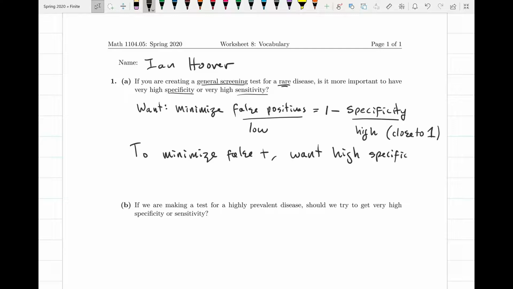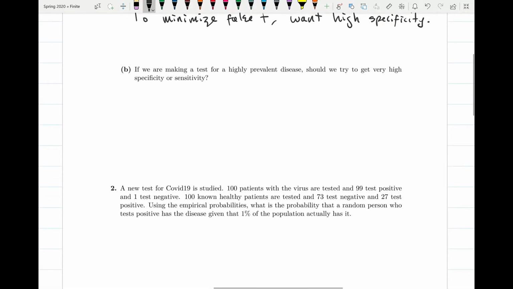Okay, let's look at the next question. If we are making a test for a highly prevalent disease, should we try to get very high specificity or sensitivity? Well, the danger, if you're screening for a highly prevalent disease, is that you might not catch everyone. So what we would be afraid of in this case might be false negatives. So to minimize false negatives,